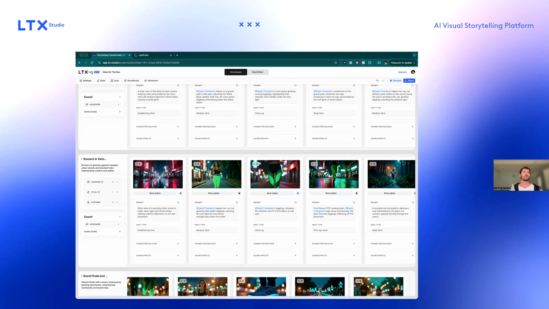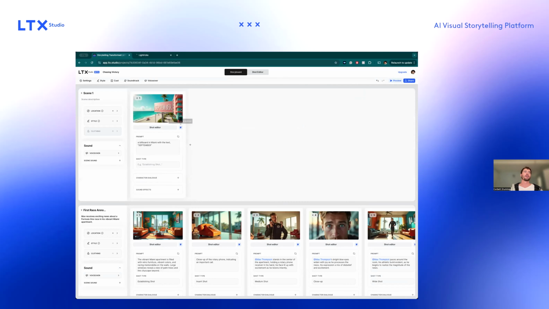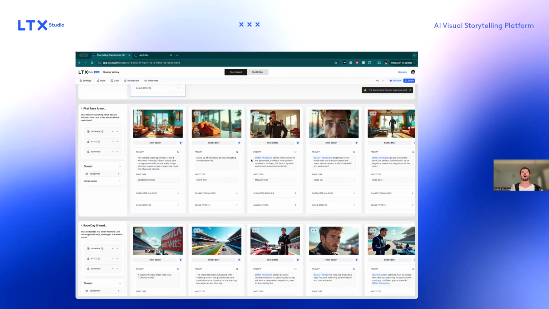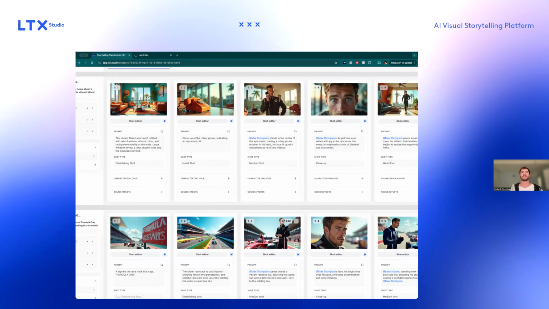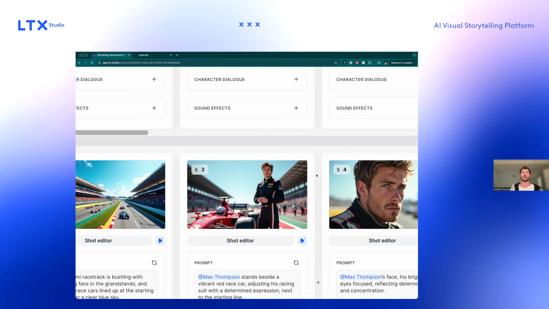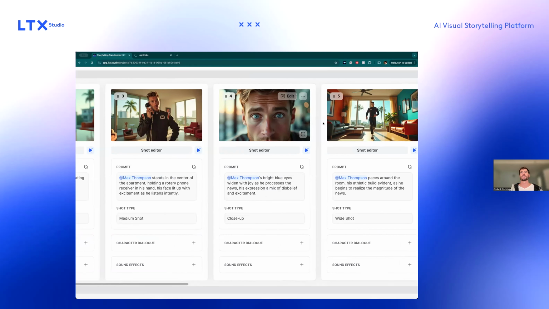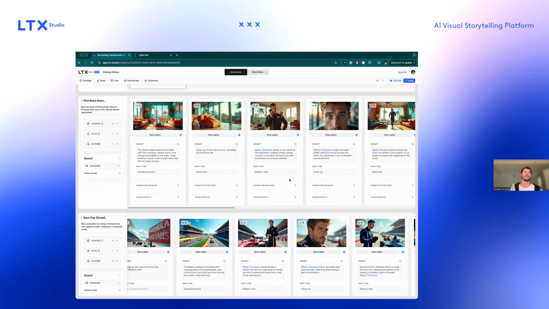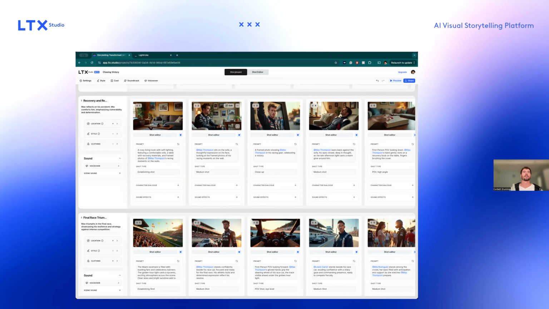I'll jump into a different project so you can see a few more examples of that motion that I was talking about. So I generated a random video here about that Formula One driver I mentioned. I gave it a Miami futuristic vibe, and you notice the consistency between the characters here. This character has a lot of consistency in the facial structure, clothes, etc. between all these scenes. And I didn't change anything here. This was a one-shot export from my blurb,